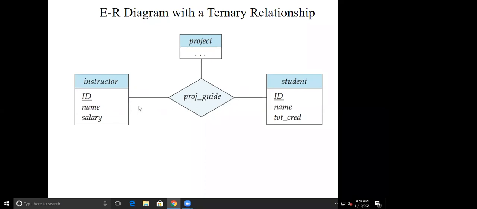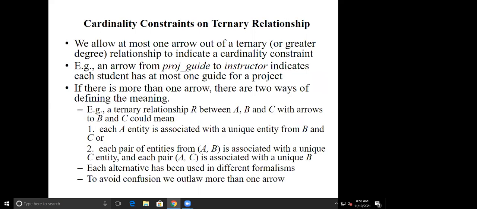So here showing one means that multiple projects belong to a single instructor, and students to an instructor. This is one to many, that's okay. But when it comes to the project and student, if we show the relationship by using the arrow, it means that one instructor can apply for only one project. So that restriction we cannot apply on this ternary relationship. Okay, and that's why the arrows are not used in the ternary relationship.